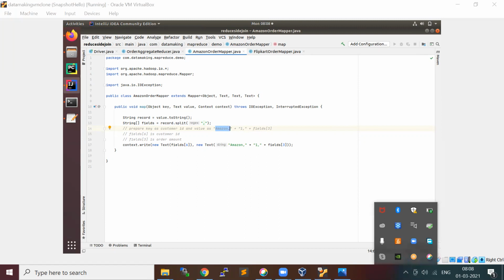For each e-commerce site, in different countries, how many sales happened and what the total sale is, those things you can also find out. Try modifying this reduce side join and map side join, and try different scenarios, okay, so that you'll be familiar with how the logic works and stuff like that, right?